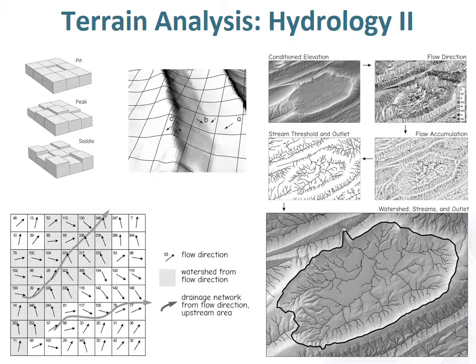C is a ridge, so water will flow to the right or the left off the ridge. B is like the valley bottom, and so water is accumulating there from both sides. Then A is a slope, just feeding down into that. So, thinking about a DEM and generating these other surfaces off of it. Here's a surface that's